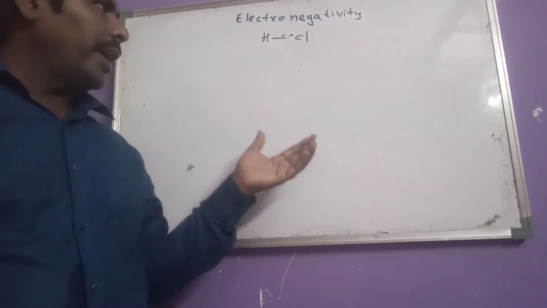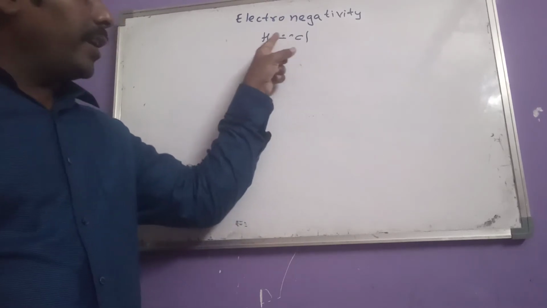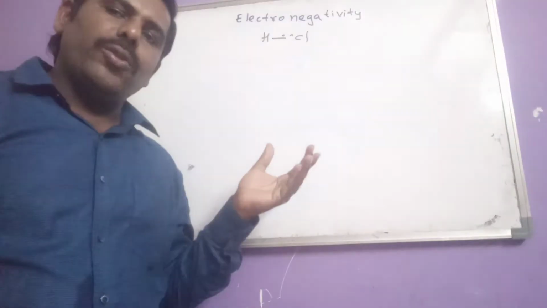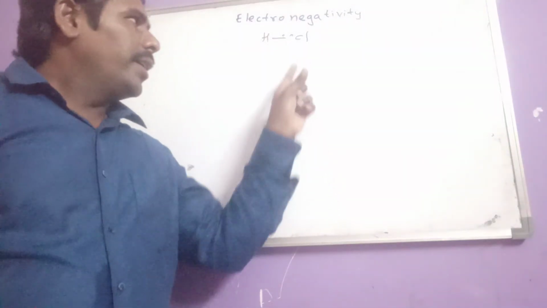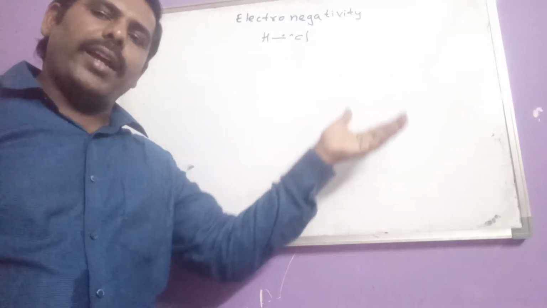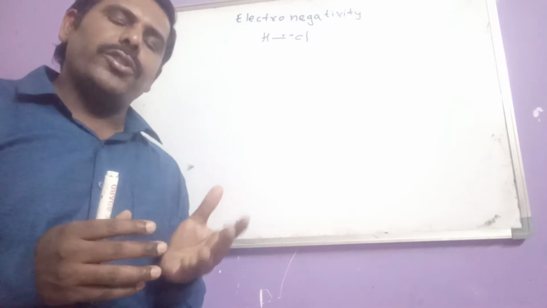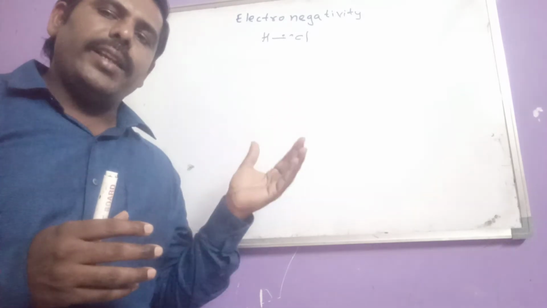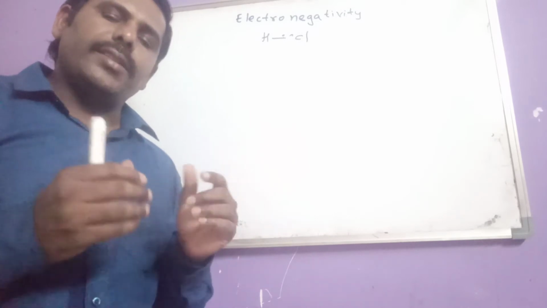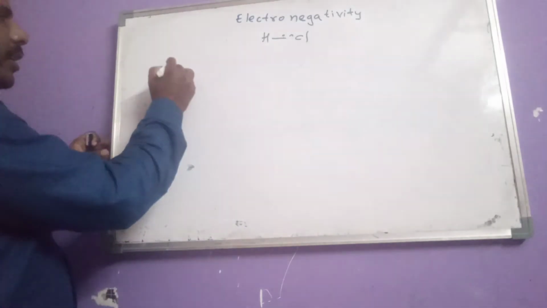Electronegativity. So in this case of hydrogen and chlorine, the electron pair slightly moved towards chlorine. That means the tendency to attract that electron pair is more for which one? Chlorine. So chlorine has which one? High electronegativity. Of course, different scales are proposed to measure the electronegativity of a particular element. But only some scales are important here. Let us see which ones.